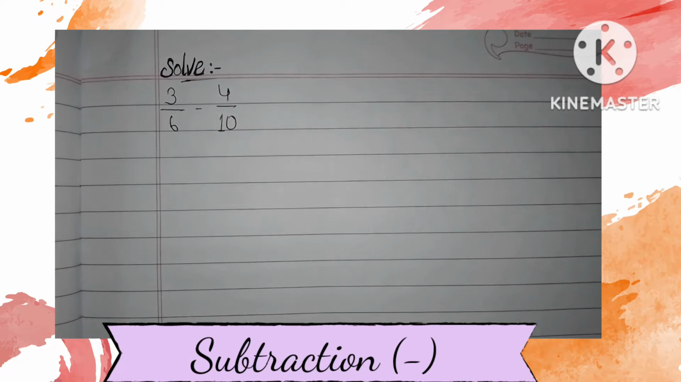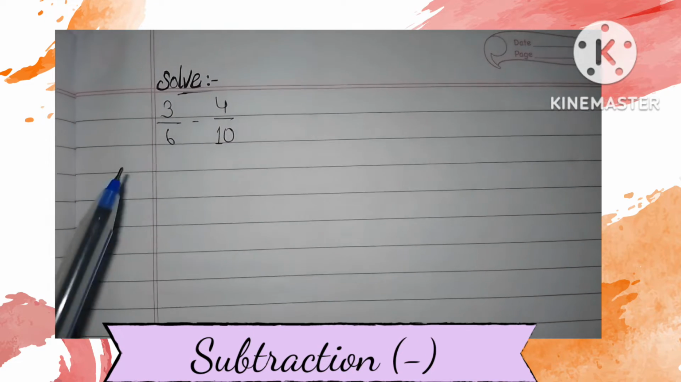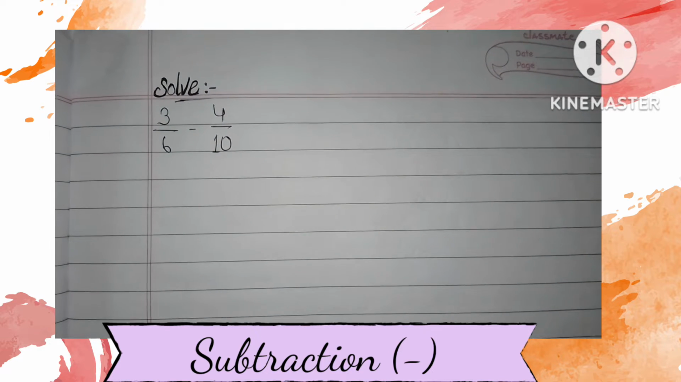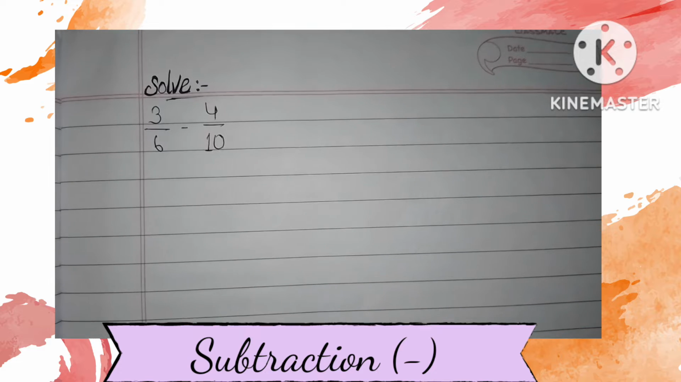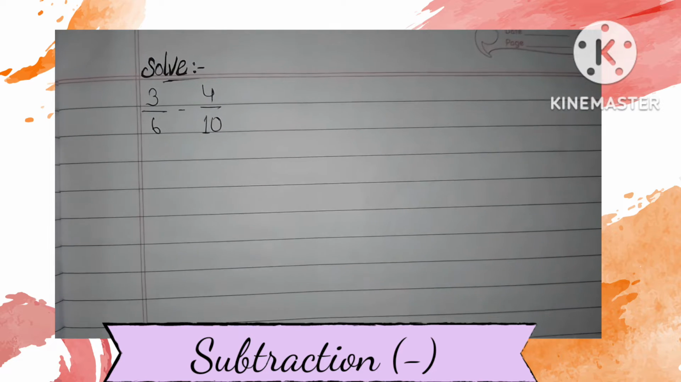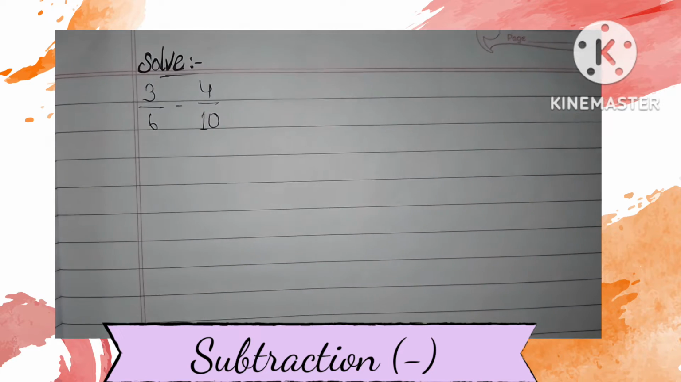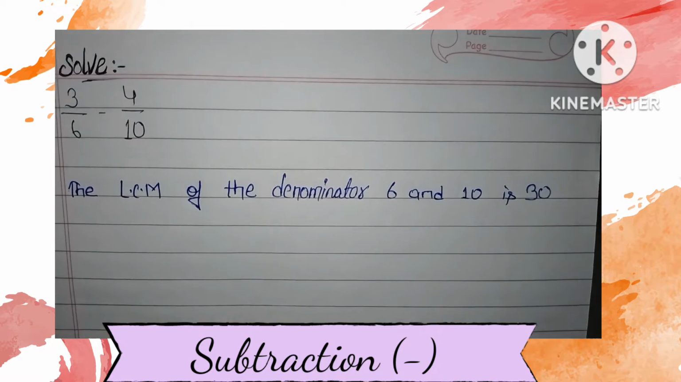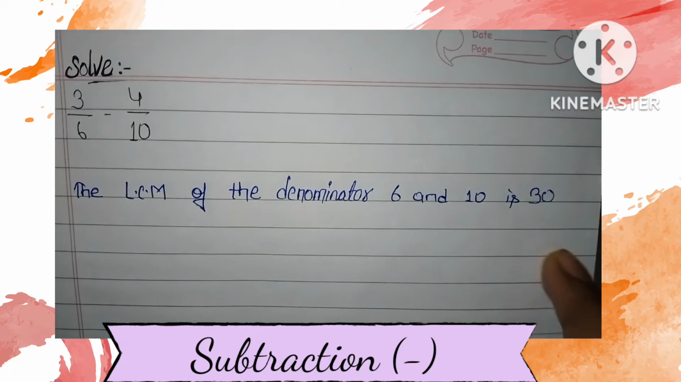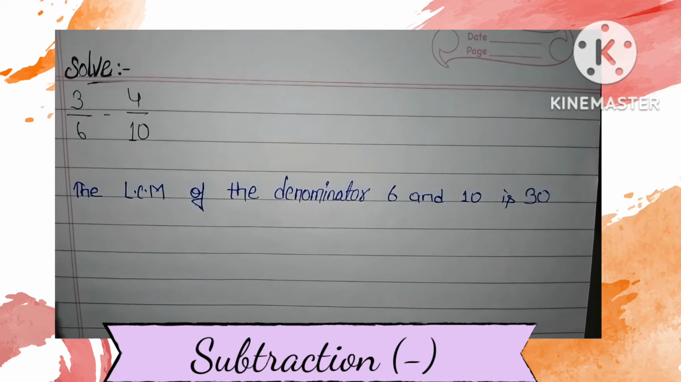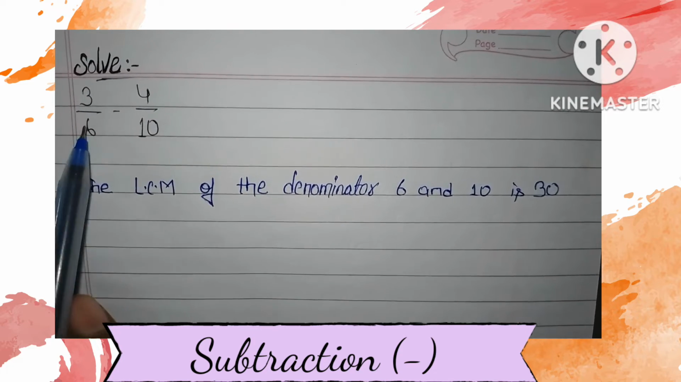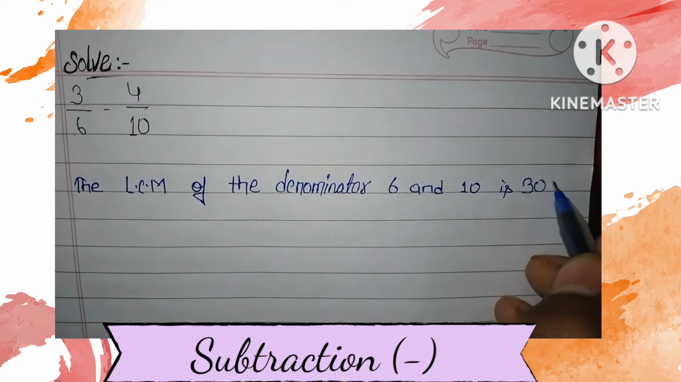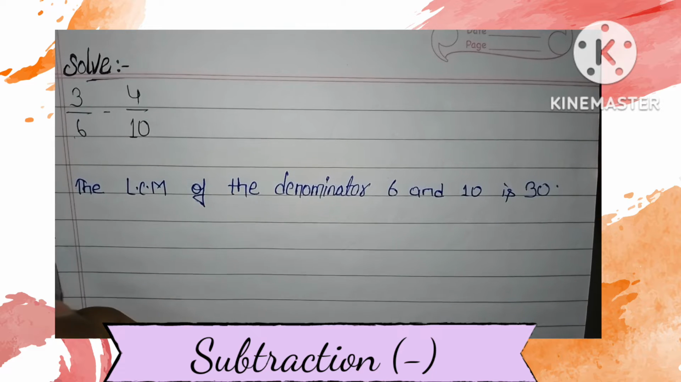In this video, we will solve the question 3/6 minus 4/10. So firstly, we have to find the LCM of the denominators 6 and 10. The LCM of the denominators 6 and 10 is 30. Then in the place of the denominator, we will write the LCM of their